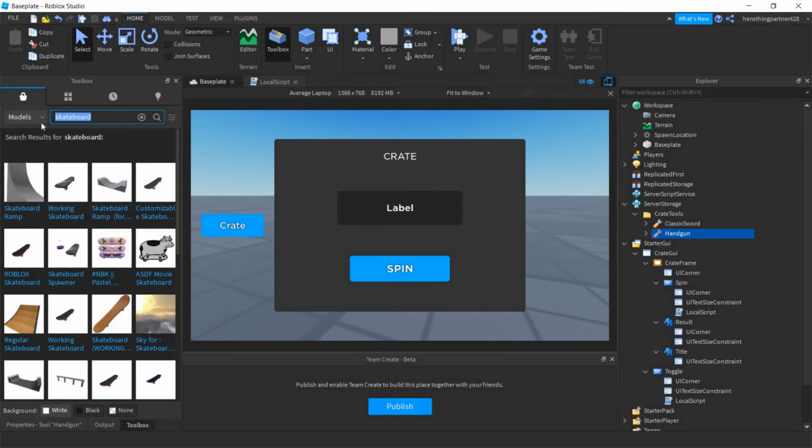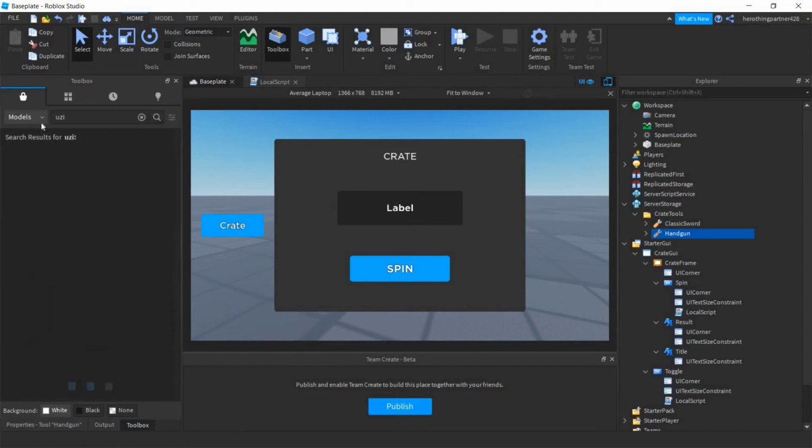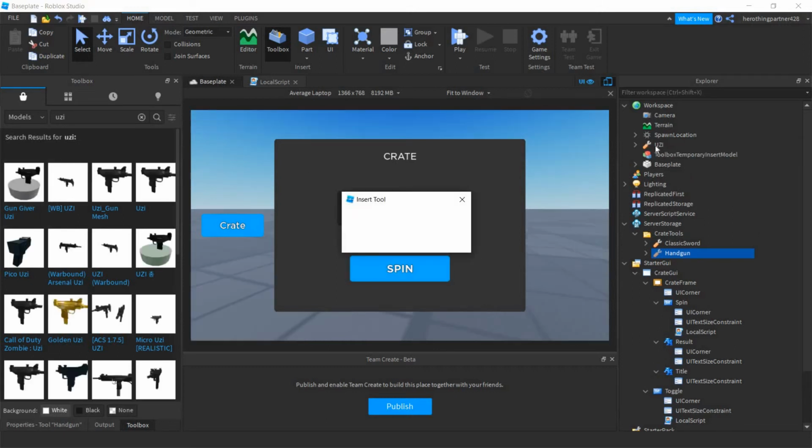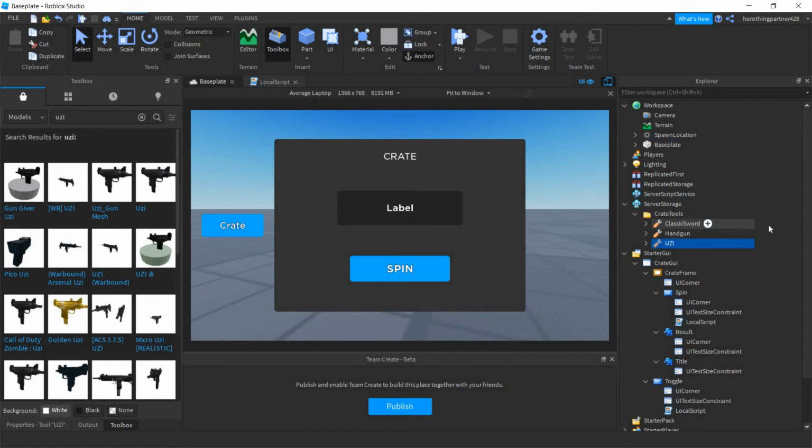Actually, I'm just gonna insert, just do a Uzi, because why not? Here you go. So here you go, we got all the weapons I need. So these will be the weapons I'm gonna use for this video. Let's go back